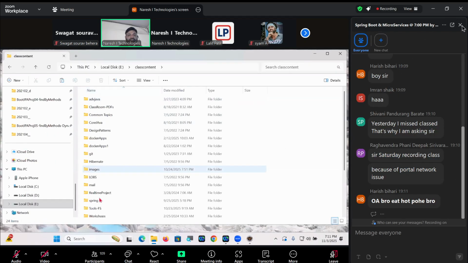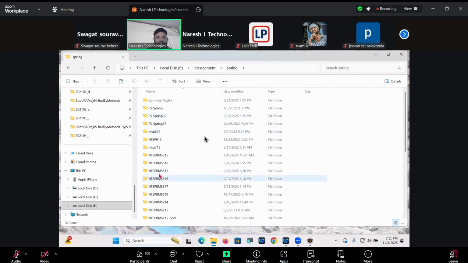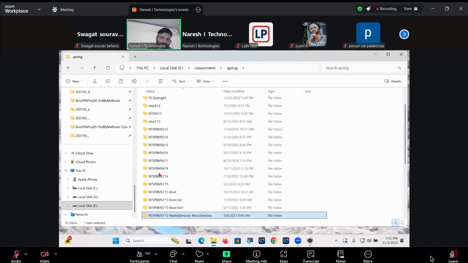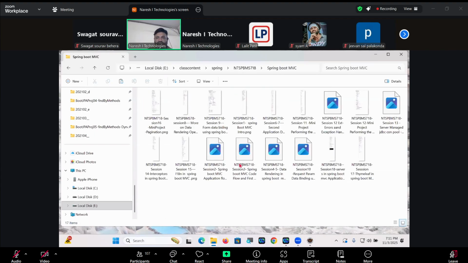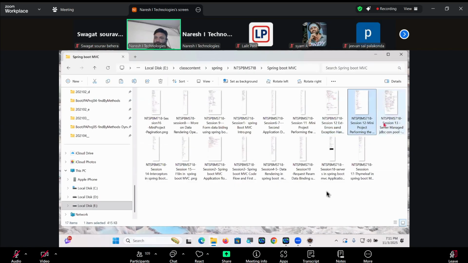E-Dry, class content, Spring. Yeah, where is this? 718, Spring Boot MVC. Spring Boot MVC. Here is what? I18N. Server managed connection pool.